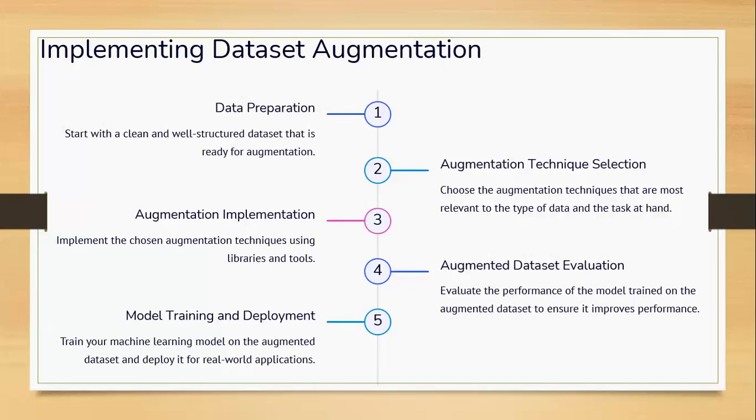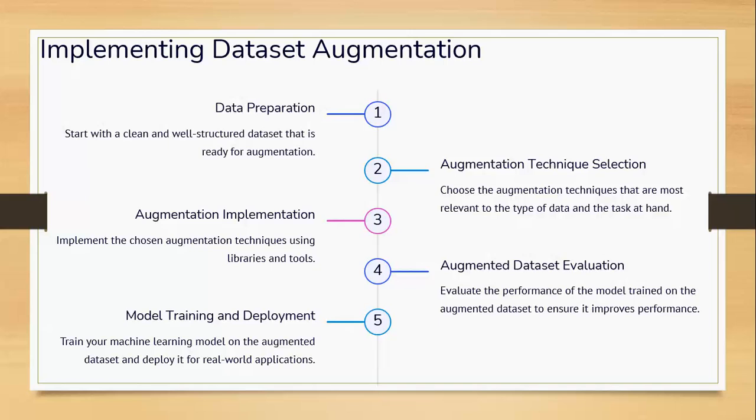We have augmentation libraries, and we have augmentation technique selection. Here we can decide which type of model we are using, a GAN model or anything, and which algorithms we use to produce augmentation. We have to choose better augmentation techniques based on the relevance to my type of data. If I am considering images, I have to choose the algorithm based on the image. If I am considering text, I have to choose the algorithm based on the text data. We have to choose which augmentation technique will suit this data set.